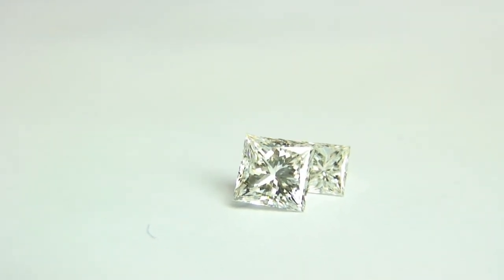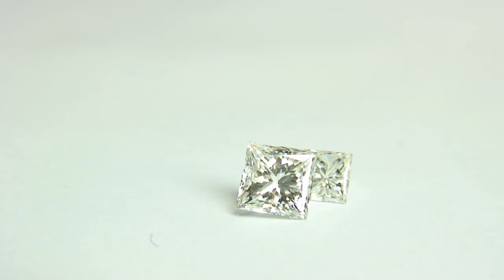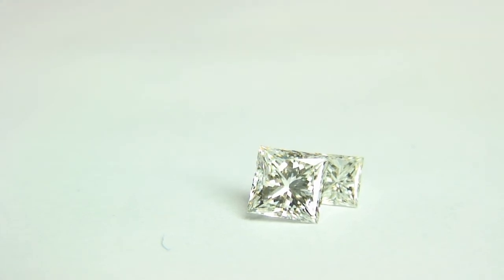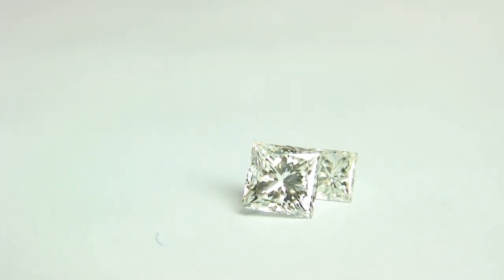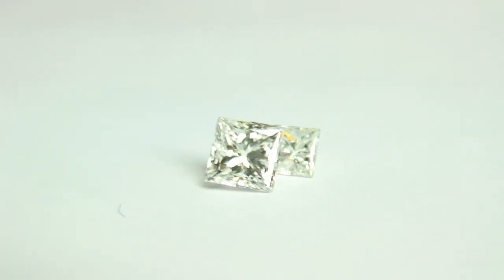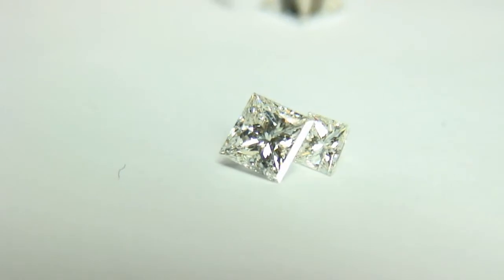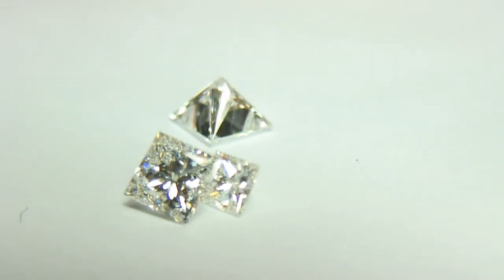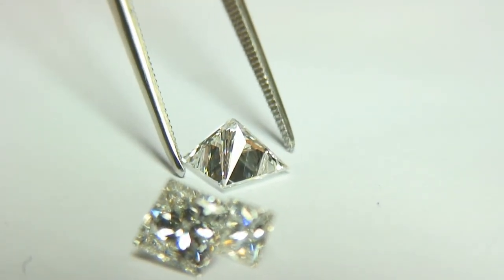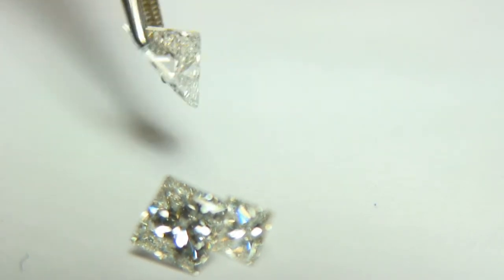Could you turn the other one? The 1, 2 carat one? 1, 2, 3, 4, 5, 6, 7, 8, 9. You have 1, 9, 46. In this part, you have 40 facets. On the pavilion. Whoa, that looks nice there. 40 facets on the pavilion. Yes. And on the other side,